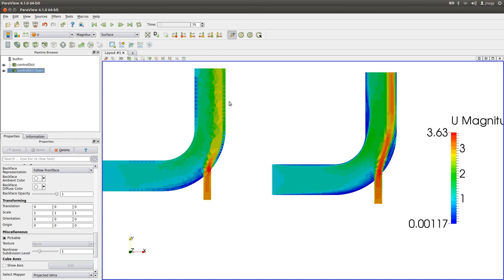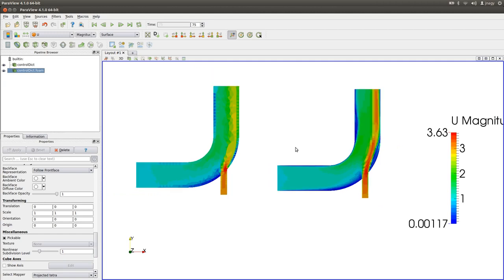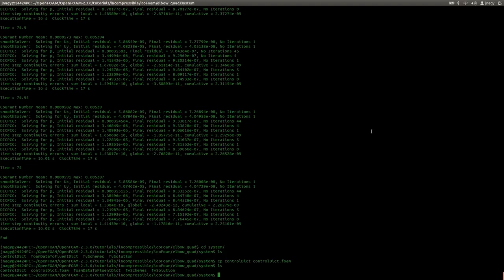And here the results are very diffused regarding the velocity, and here this is depicted in a better way. Let's just say that. And here we also kind of depict a backflow. So this is better, but still not good enough for me,